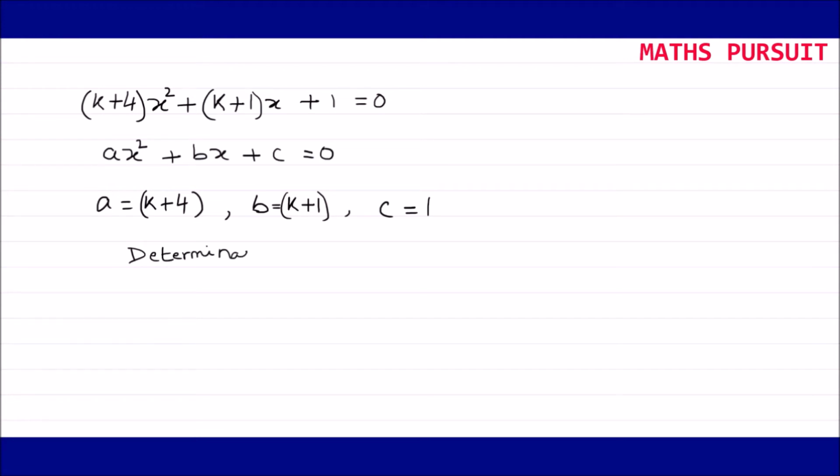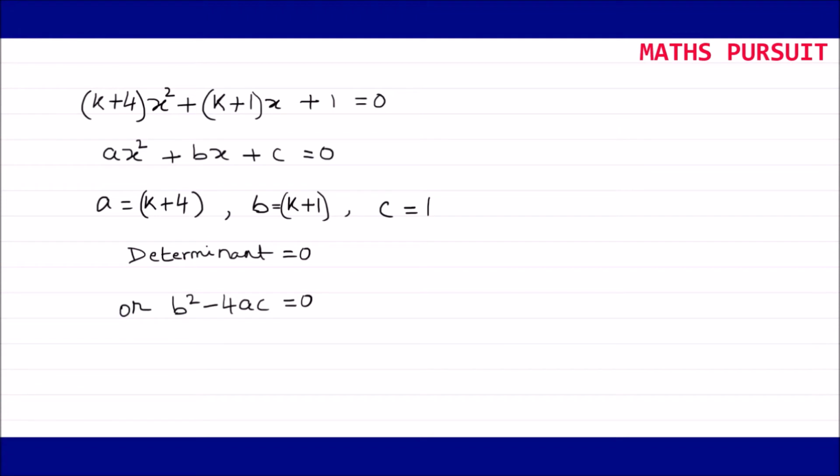Discriminant is equal to 0. Why 0? Because as per the question, this quadratic equation has equal roots, and we very well know that when a quadratic equation has equal roots, then its discriminant is 0. Or in other words, I can write that the discriminant is nothing but b² − 4ac, which is equal to 0. I believe guys till here we are pretty clear.